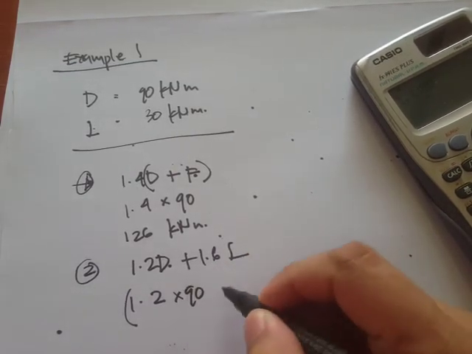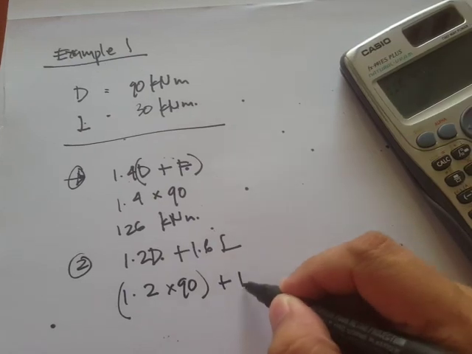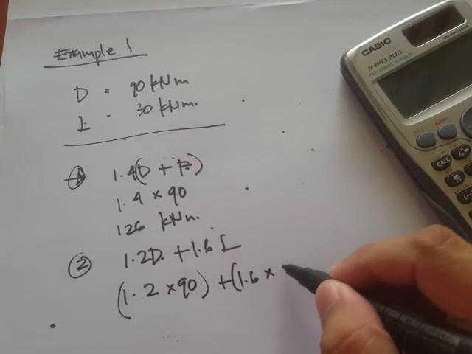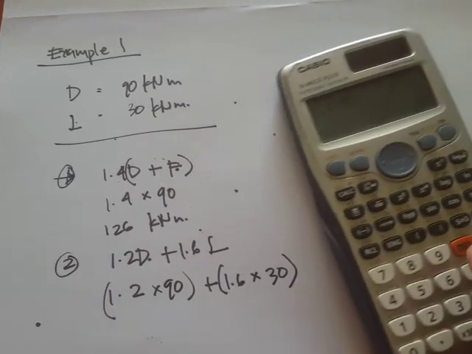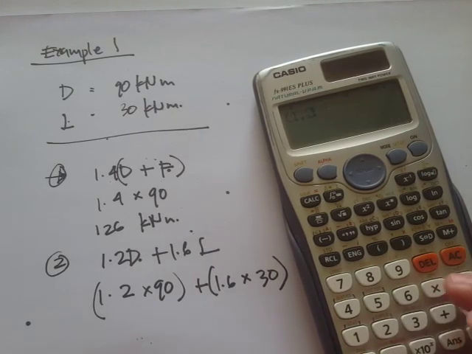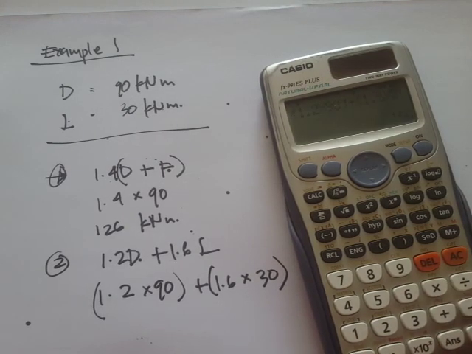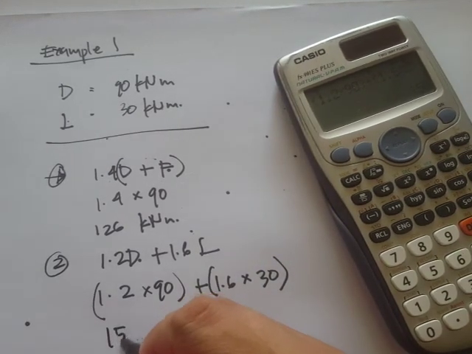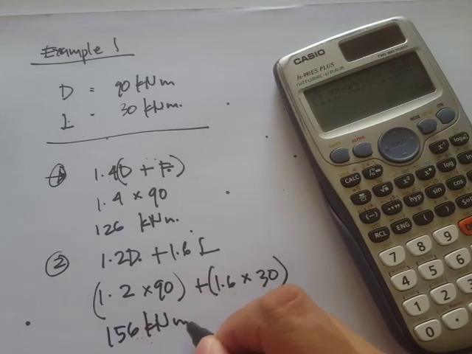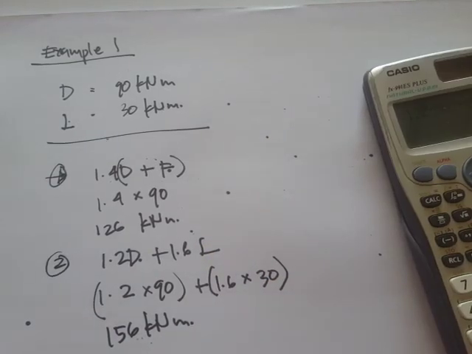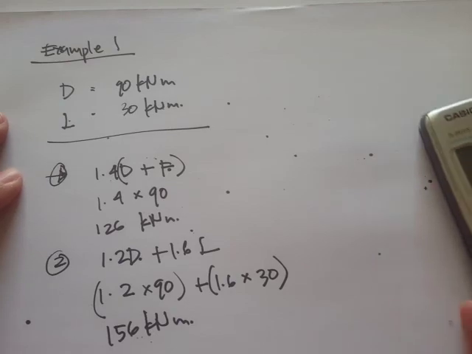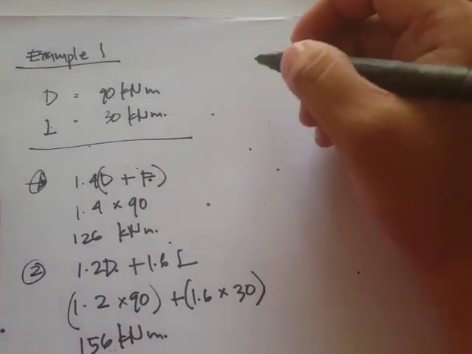Then that's 90 kilonewton plus 1.6 times 30. Okay, so we'll check 1.2 times 90 plus 1.6 times 30, and that's going to be 156 kilonewton